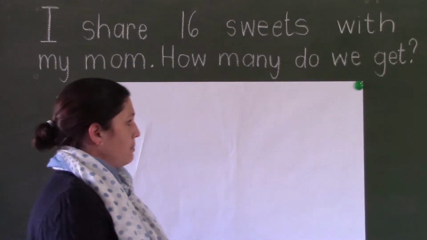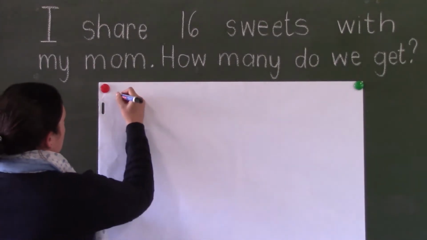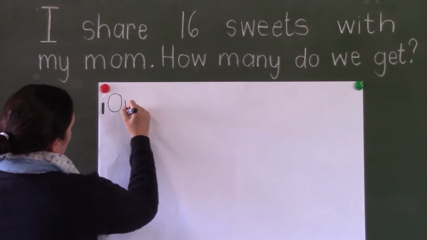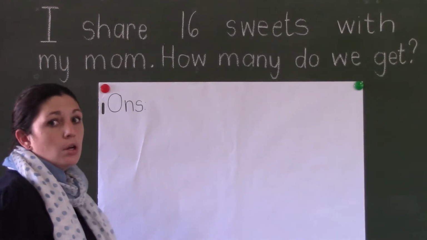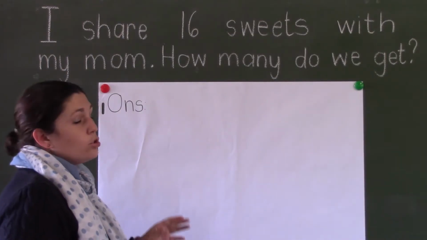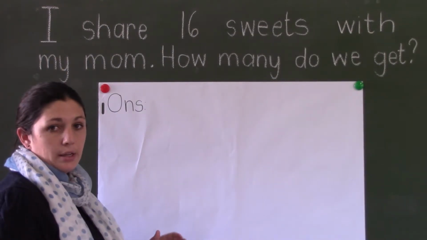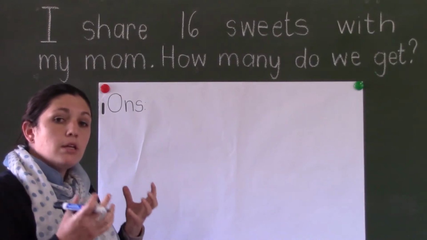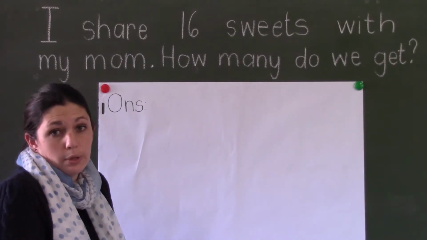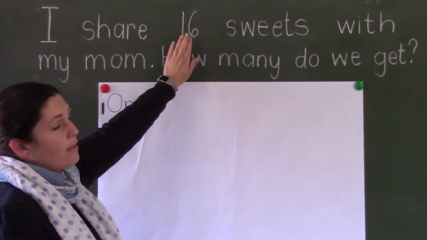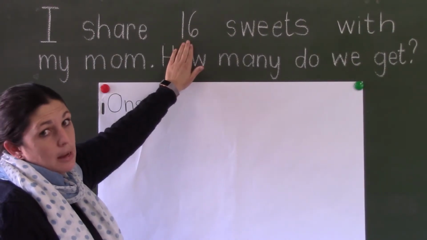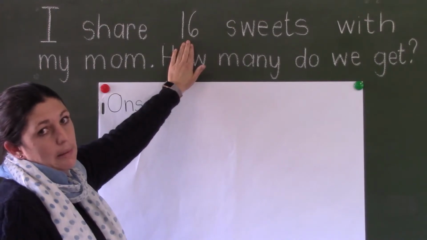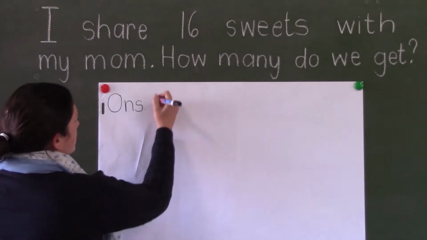So my first step is going to be to write my open number sentence, which remember is my sum without the answer. So when you do sharing or dividing, you always think, how many do I have to start with? So I know I have got 16 sweets over here. It's usually the biggest number. In fact, it's always the biggest number that you start with. So 16